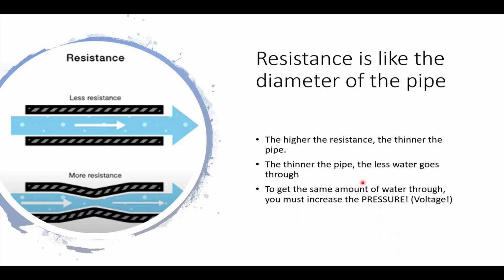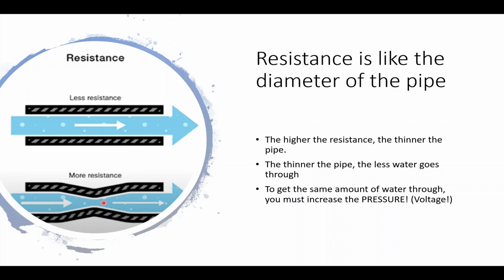So that's current. Now, if we talk about resistance, think about resistance as the diameter of the pipe. So when you hear me say, hey, we need to add a resistor of some kind, the higher the resistance, you might think of it as the thinner the pipe is. So let's say you've got a garden hose that's a half-inch hose versus a quarter-inch hose. You're going to be able to get more water through within 1 second. You're going to get more current with a half-inch hose, which is a lower resistance than a quarter-inch hose that has a higher resistance. And so to get the same amount of water through, you've got to increase the pressure,